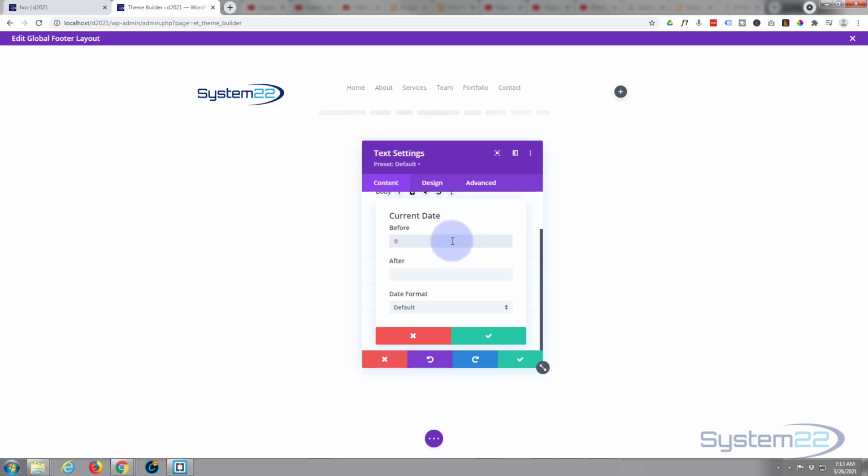I'm going to give it a space. Then I want the date to come in. And after the date, I want to put a gap and then the company name. And I'm going to put a pipe in, which is usually above the Enter key there with a shift. And I'm going to say,